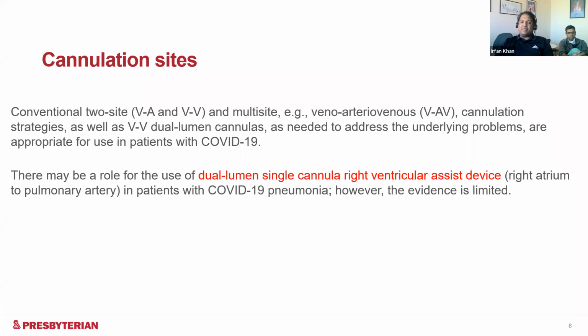So again, this has been a little challenging at our center to offer them without any consequence. Then there's these VV dual lumen cannulas. The question is, if you place them too early, the problem we've had is that these patients end up needing higher flows, and we've not been able to offer that with the dual lumen cannulas. Again, these patients also end up having liver congestion, and they've had issues with late RV failures. Again, this is something that we're going to look into the studies and see how we could do things differently.